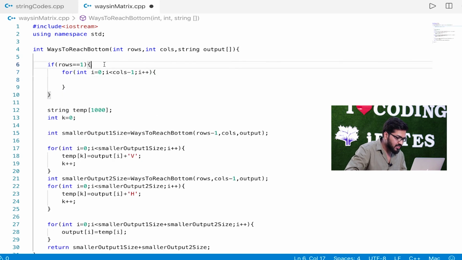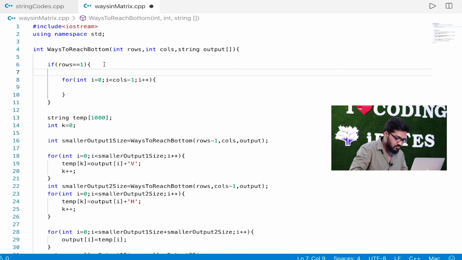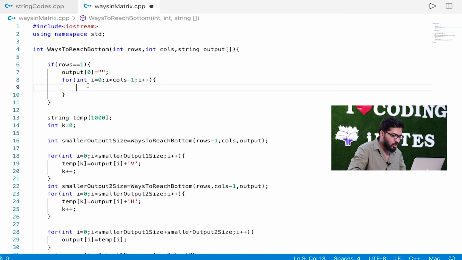Let me start a string outside. Output 0 is equal to an empty string, and in this I'll add h, columns minus 1 times. So in a loop, output 0 += h.